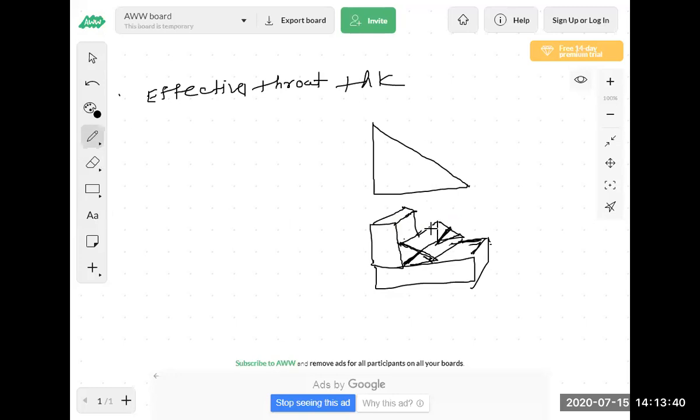Are you getting? We have to calculate this thickness in the problem statement. Now here, this is the size of weld.